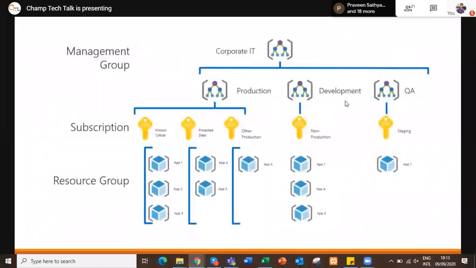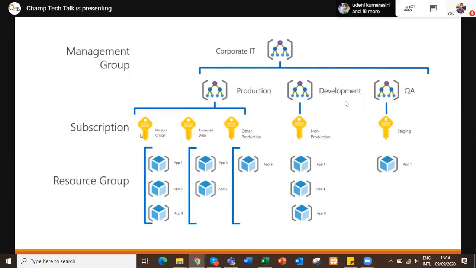if you go to this particular slide, this is showing you a typical software hosting environment where you have production, development, and QA, and this comes under the management group. So in Azure, we have to manage from this particular layer, the subscription layer. You can see there are different subscriptions under one Azure account.